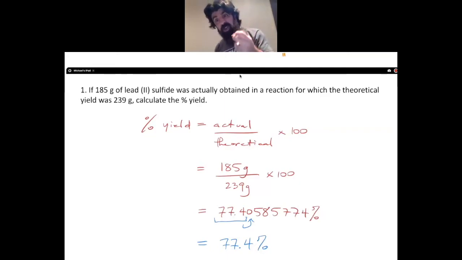Okay, so the yield's not too bad, but ideally for companies, they want to try to reach as close to 100% as possible, because it is a loss of reactants. Okay, so it costs money. So for companies, who are looking for their bottom line, right? Their money that they're going to make, their profits, they're going to want a yield as high as possible. And as a chemist, you're going to have to explain why there is no way possible to get a yield any closer than, let's say, this, if in fact this was something that you were working on